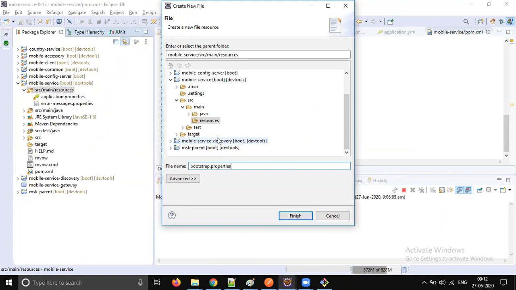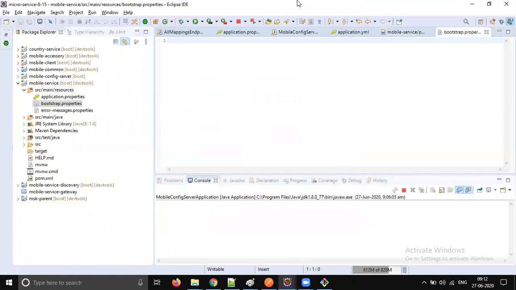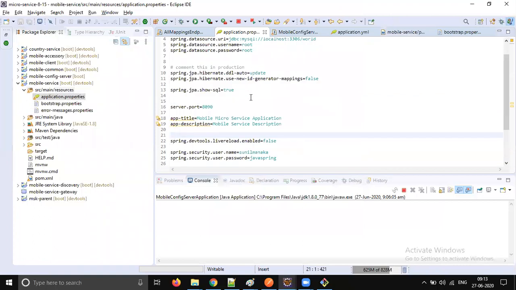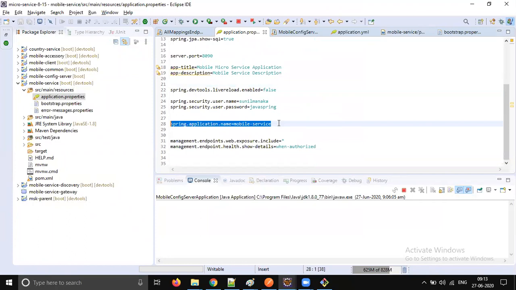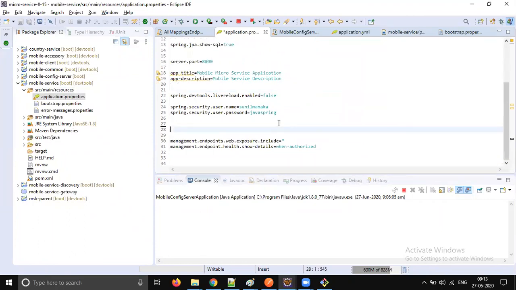So that's why we are going for bootstrap.properties. This is something new to us. Here two things we need to do. One is this name should be taken out from our application and put in the bootstrap.